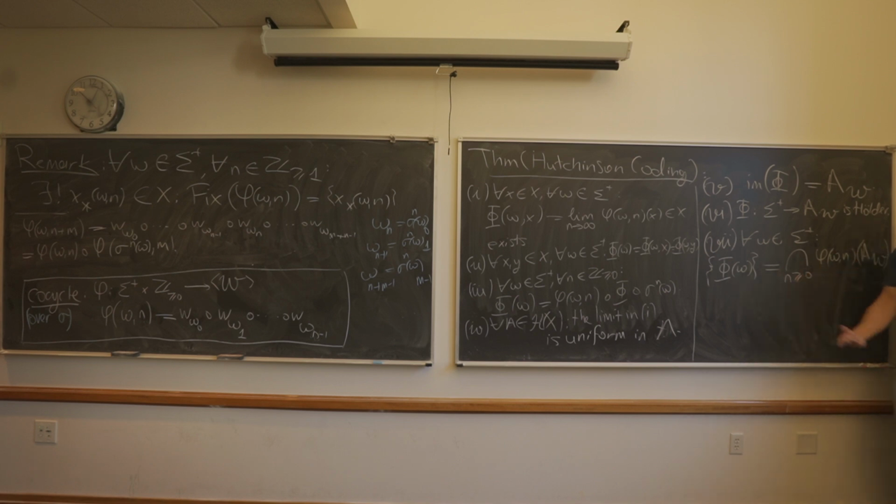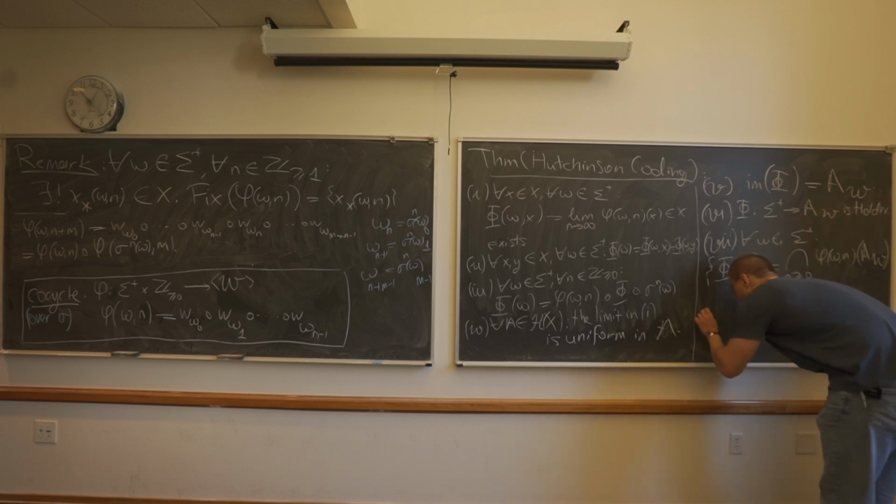So this is a singleton that consists only of phi of omega, which is a point in X. So I'm saying that set is equal to the intersection of all the images of the attractor under these functions in the cocycle. And then finally,